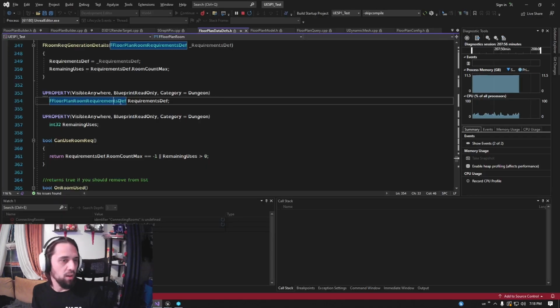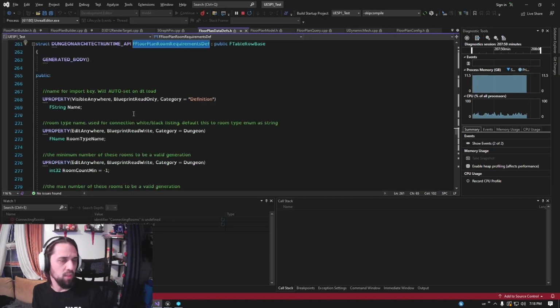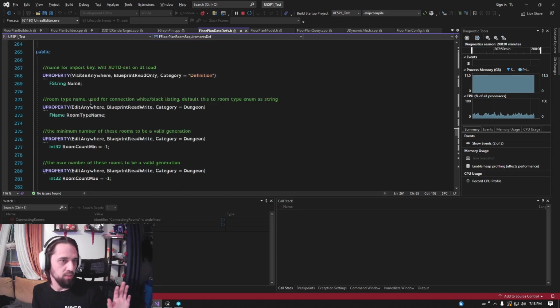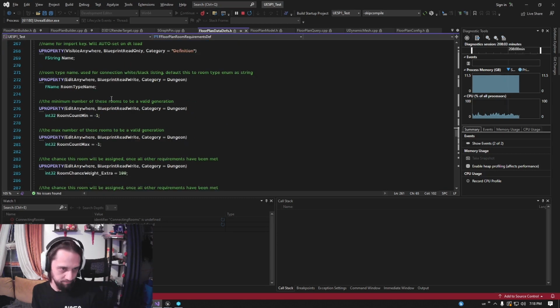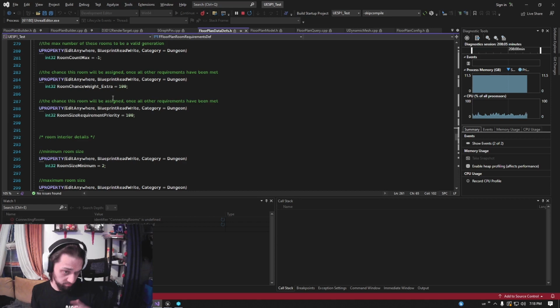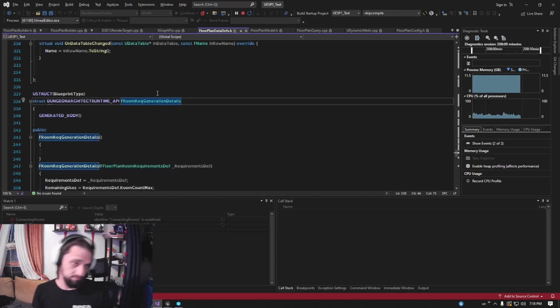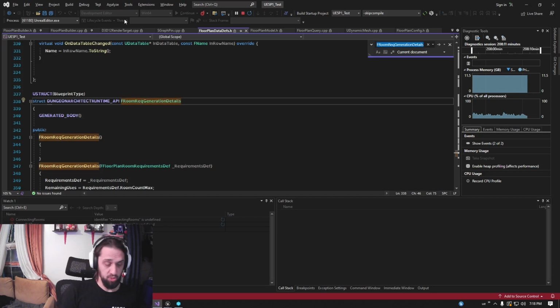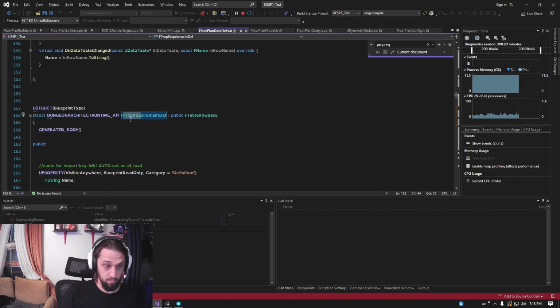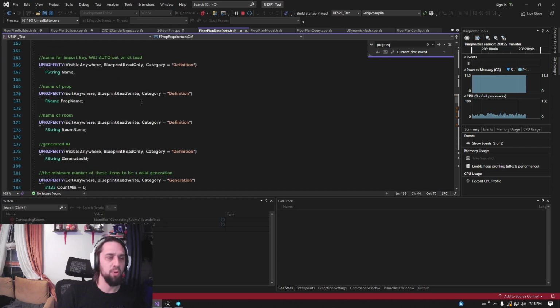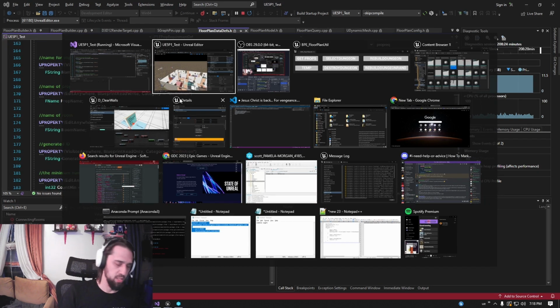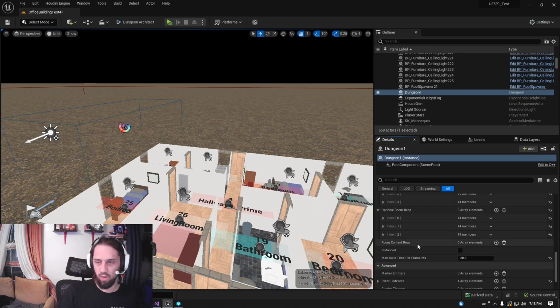And then you've got your four. This is what you see in there, the same exact variables as in the code over there. Then you have a wrapper, but really I want to show off the prop requirements. Each one of these has prop requirements. That's how I'm generating the beds and the stoves and so on. So if I go over here,